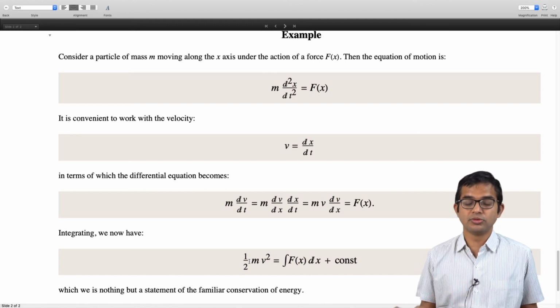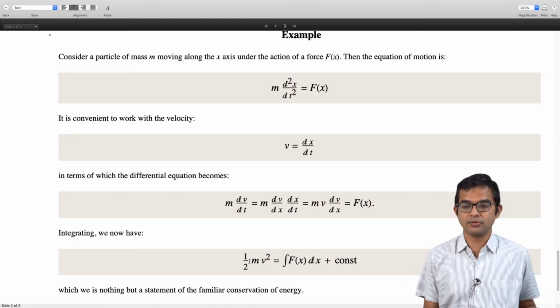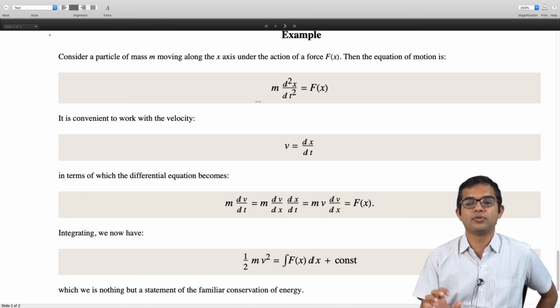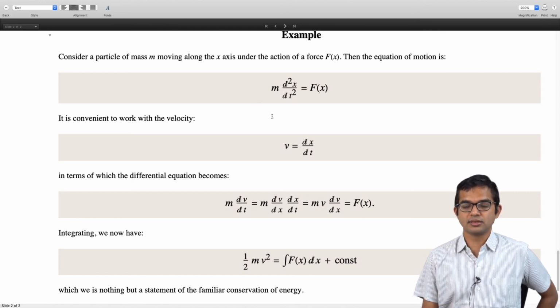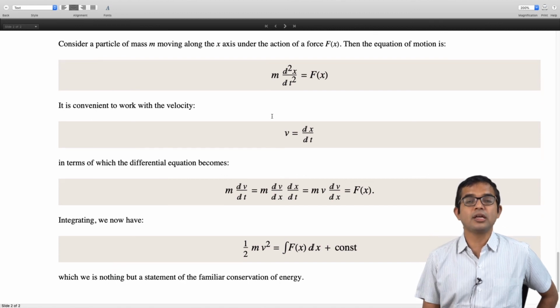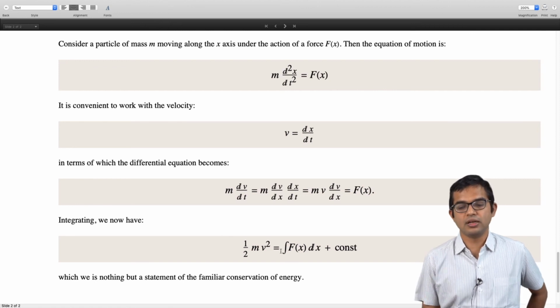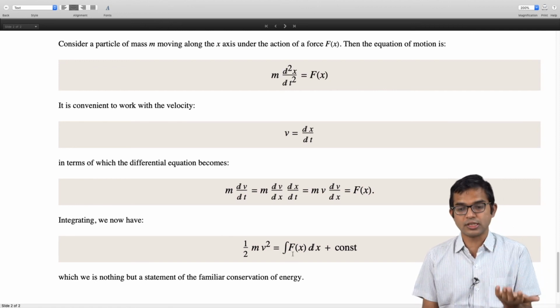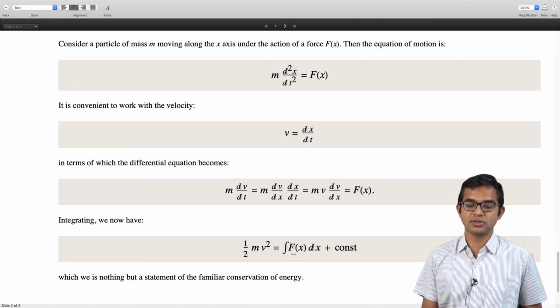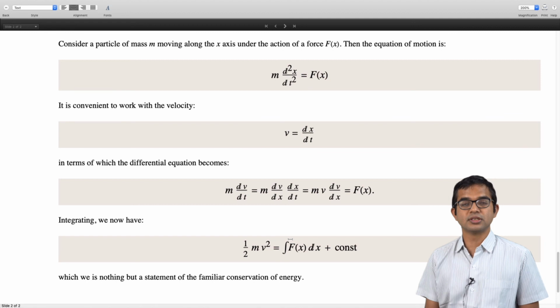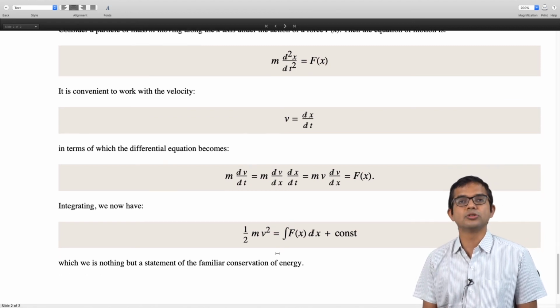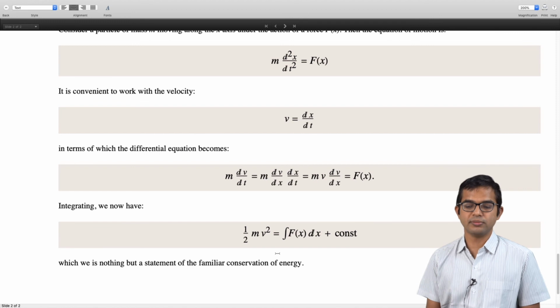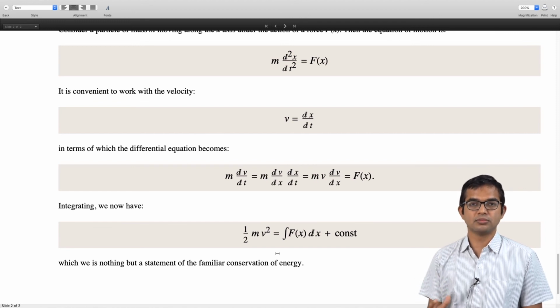There are many problems where we have directly used this principle, but if you analyze this from the point of view of a differential equation, you see that here there is this trick used where we convert a second order differential equation into an effectively first order differential equation and solve for v in terms of x, right? So you need explicitly what f of x is to be able to go one more step and write down x as a function of t, which is possible only if the function f of x itself is known and if the integration is possible. Sometimes it can be extremely messy, but the general prescription is available, right?